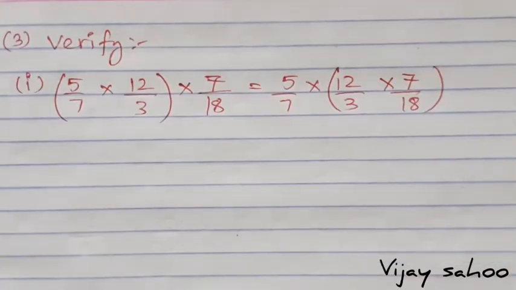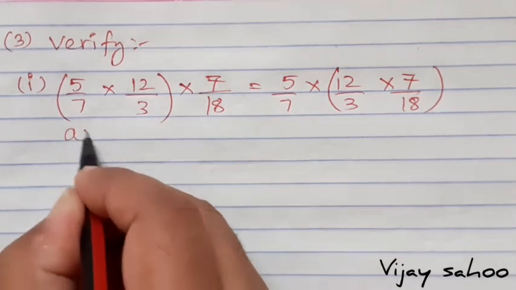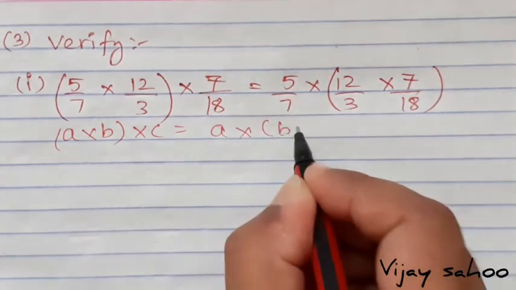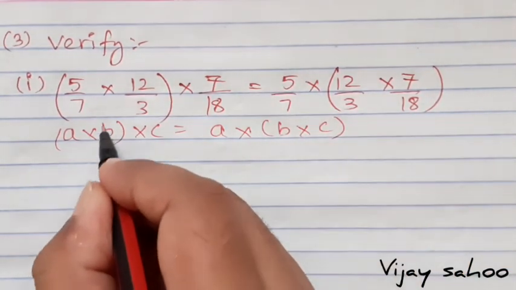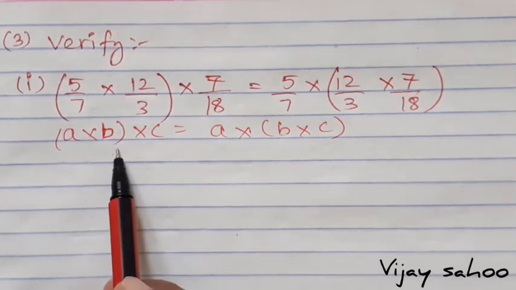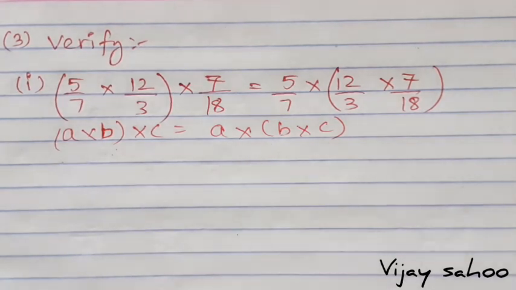Now see a verification, again a question based on verification, but this time it is a case of A multiplied by B multiplied by C. So you can easily identify which property is being applied over here. Here the property of associative law. So if you write in any order you can replace it, you will get the same answer, which we have already done in our introductory part of this exercise, and we have already proved also.